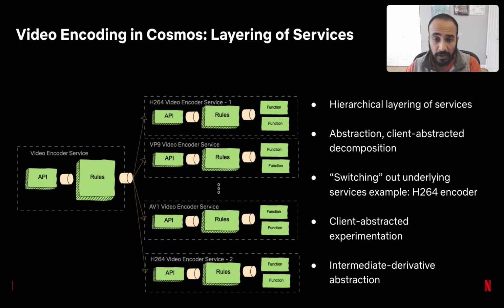Another example is protecting clients from experimentation when we are, for example, switching out one encoder for another. With the layered architecture that you see on your screen, one can keep the client pinned to the old encoder service as one explores the new encoder, and only switch them to the new encoder service when we deem appropriate. In this particular case, the switch can even be abstracted away from the client if so desired.